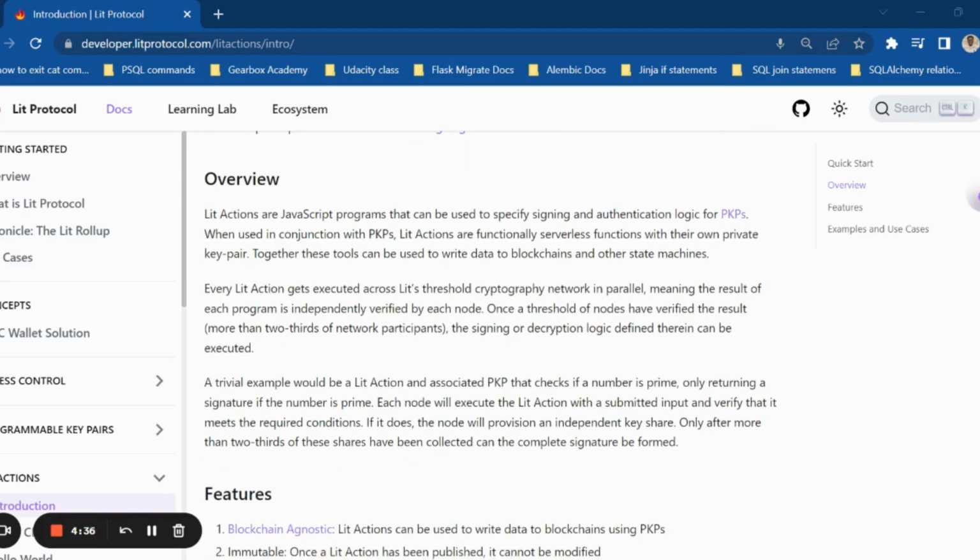So, programmable key pairs are a special type of cryptographic wallets that are normally used to store and manage private keys. And these programmable key pairs are normally used with Lit actions to write data to blockchains and other state machines. A good example of how Lit actions are normally used with programmable key pairs is, let's say, for example,